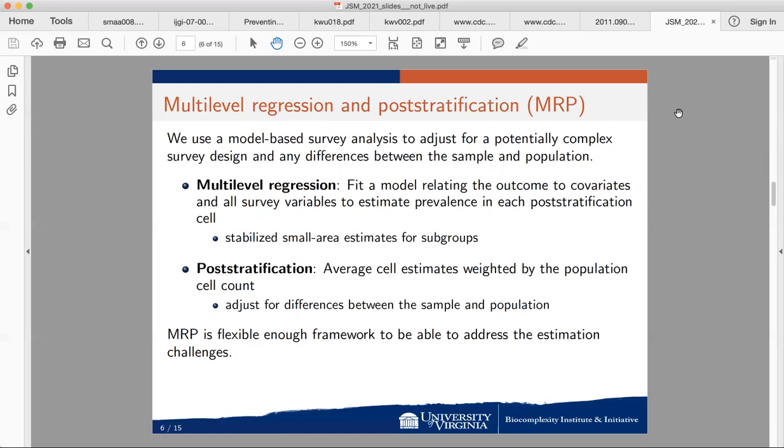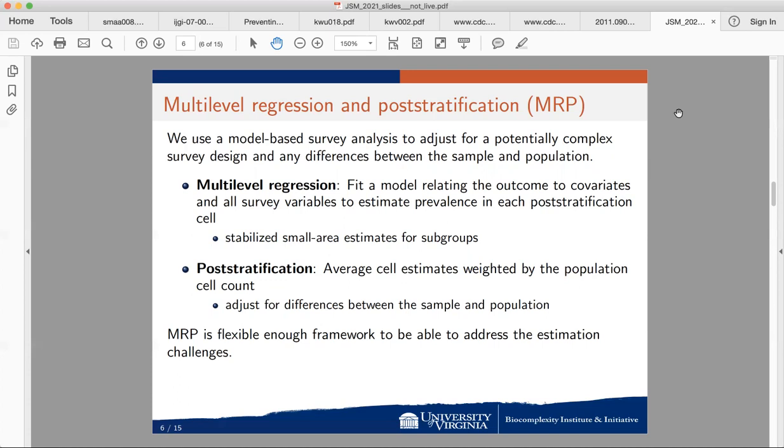This involves fitting a model relating the survey outcome to covariates and all survey variables that you would adjust for in any design-based analysis to estimate the prevalence in each post-stratification cell. What this really does is give you stabilized small area estimates for these subgroup cells. And then once we have those estimates, we can post-stratify, which involves averaging these cell estimates weighted by the population cell count. And this adjusts for any differences between the